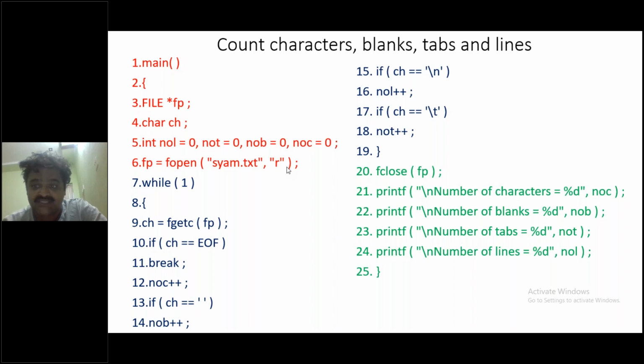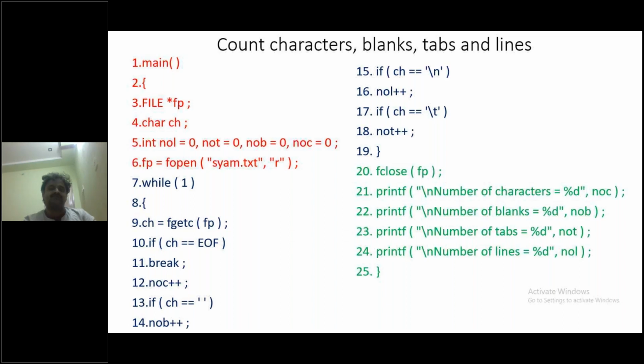What we have considered here, the statement inside the while is 1. 1 means always true. So while 1 will come inside, ch represents each and every character inside the text file. Character in the sense it may be a real character, or a blank, or a tab, or a line.